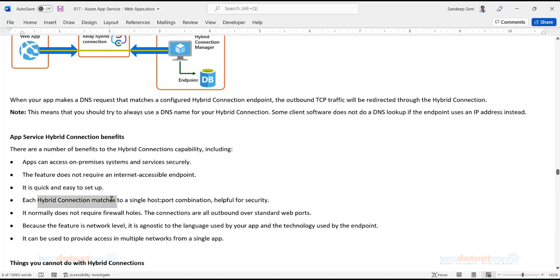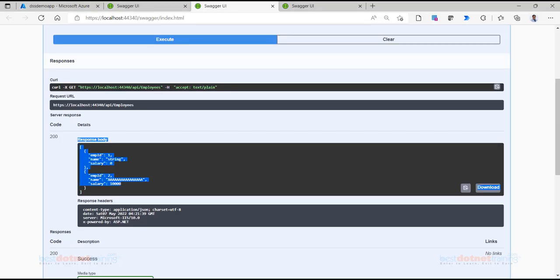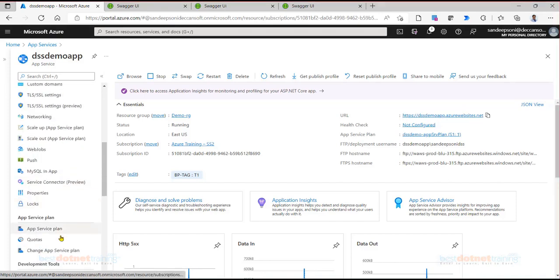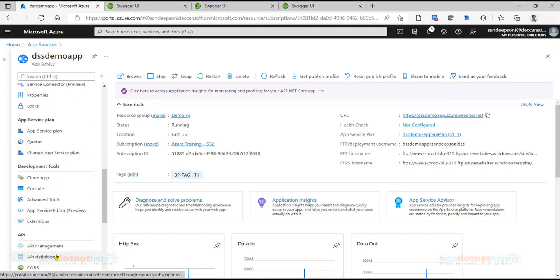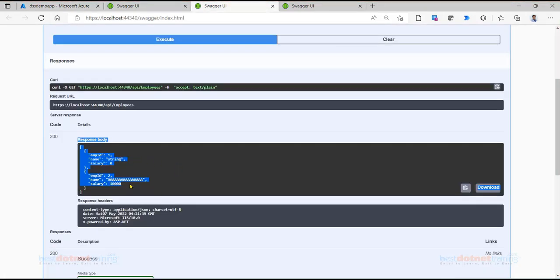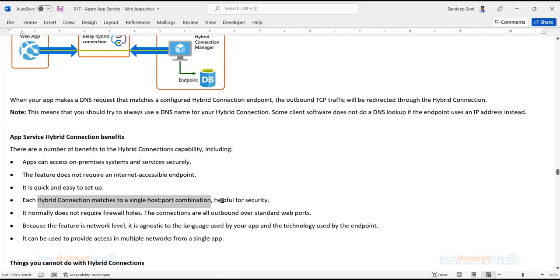Each hybrid connection matches to a single host:port combination. Hybrid connections can be many, but the combination should be unique. That's what I have done here. On networking, when I enabled hybrid connection, I have given Sandeep machine, 1412. That should be unique.